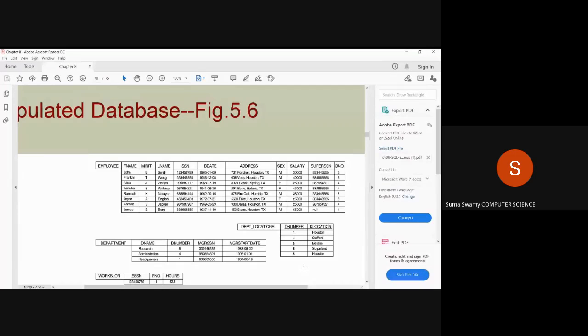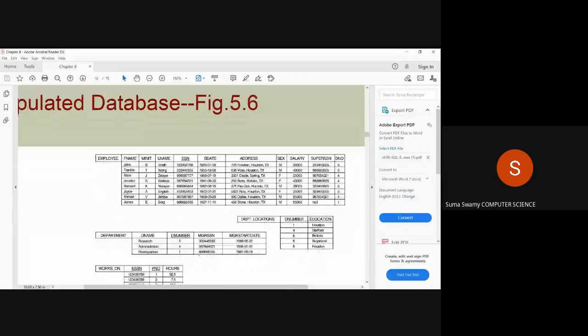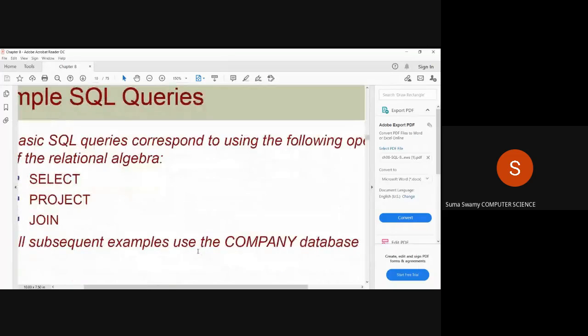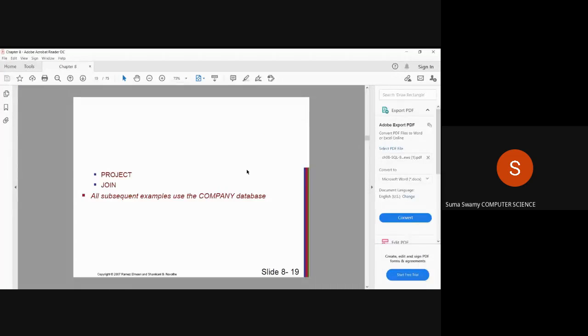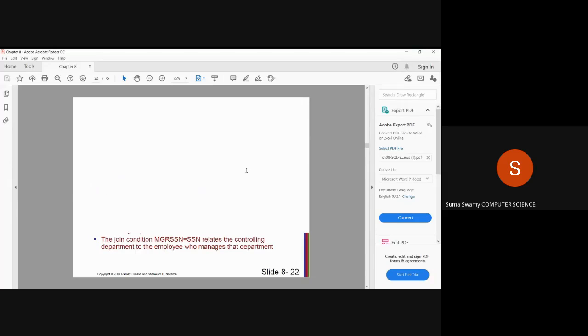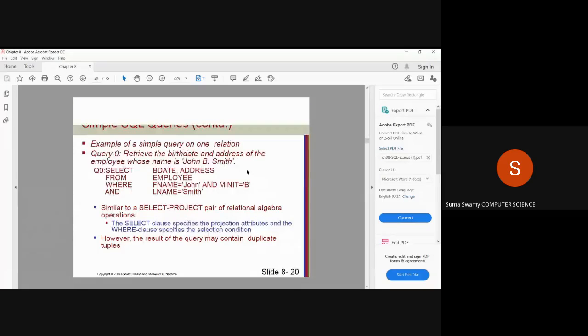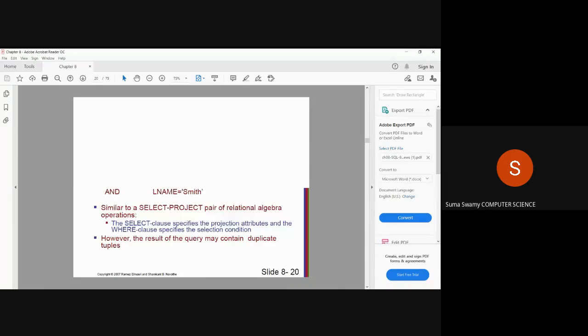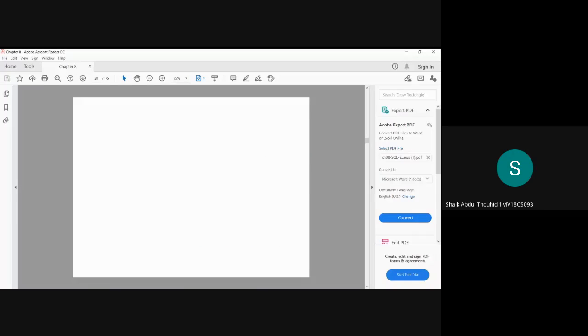Okay. Now let us go to the query. How to write the query for it. Now your output is clear with respect to what you are supposed to write. Okay. Now, is it visible? Is the screen visible? Ma'am, it's flickering.